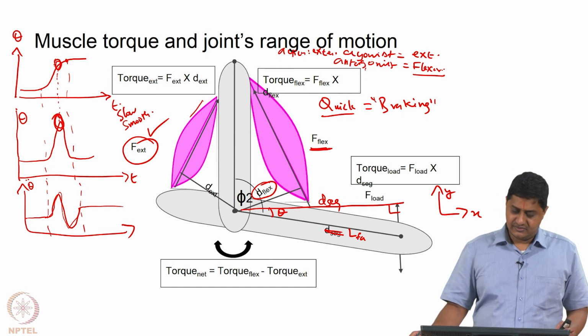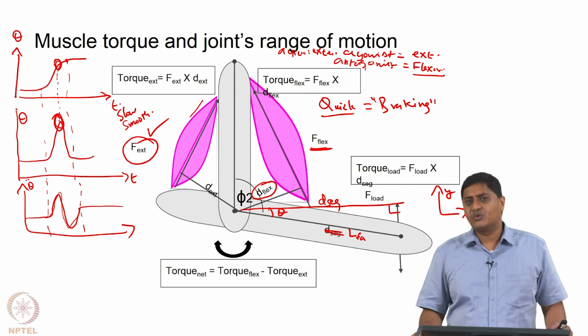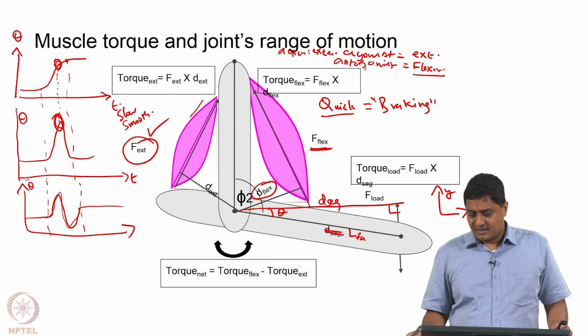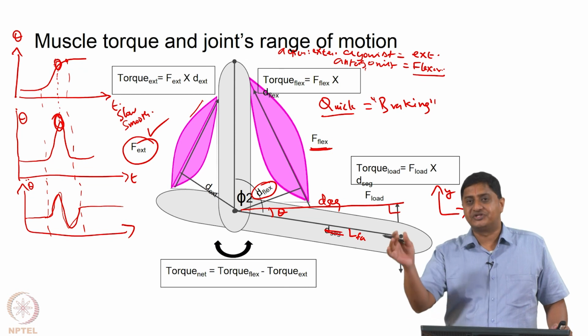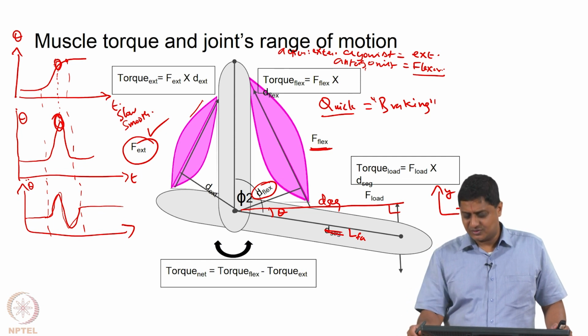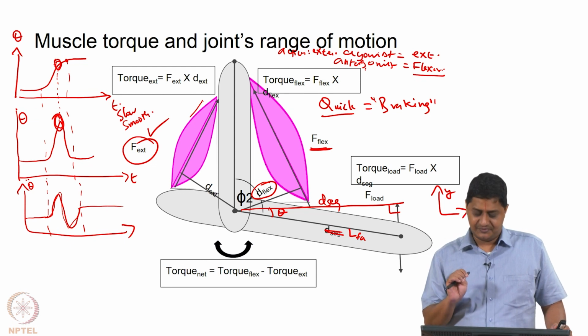Now, how is that achieved? There are several things. Why do we care about this? It turns out that many muscles have more than one action. They are not pure flexors or pure extensors. They also cause rotation about other joints. This is because of attachment at the insertion at inconvenient angles, at other angles that you do not want. Since essentially the muscle force is produced along its tendon, it is going to cause rotation about multiple axes, some of which may not be wanted.